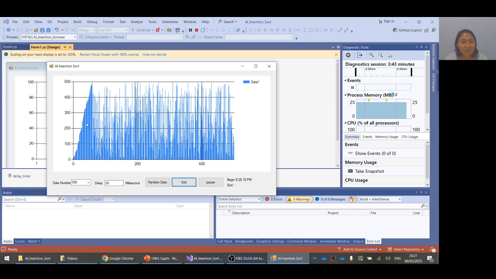You can see the time is very long. So this is just to show that if we have more random data, we need a longer time than when we have smaller random data.